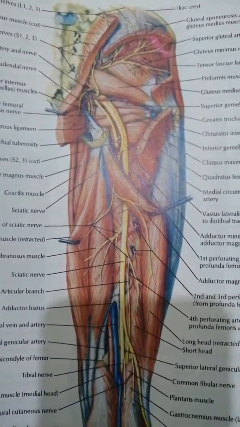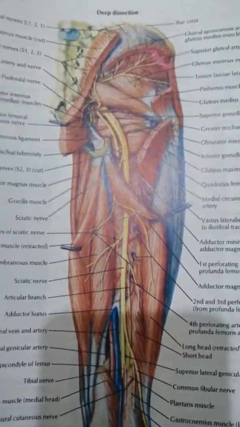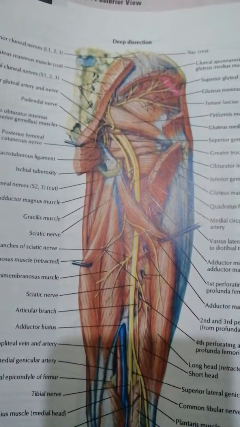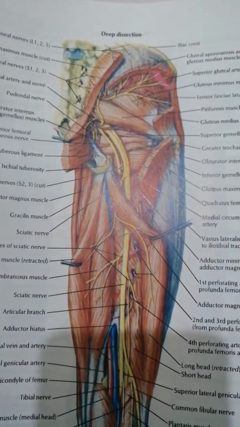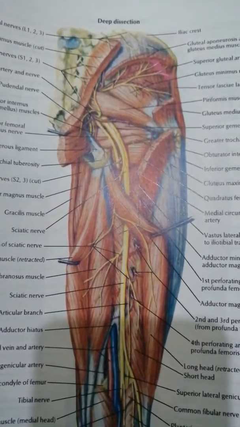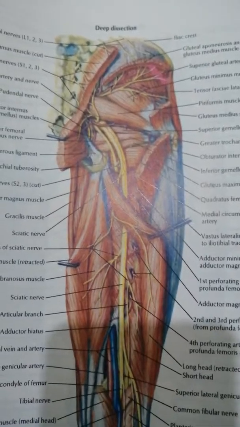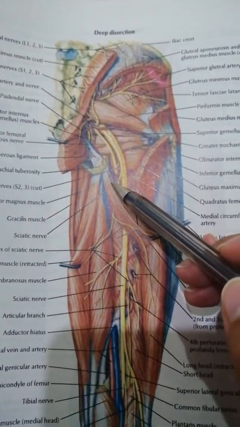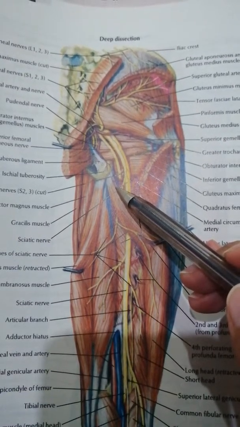This time let's talk about the sciatic nerve. So the sciatic nerve is formed from the sacral plexus, the L4, the L5, the S1, the S2, and the S3 segments to be exact. Now the sciatic nerve has two parts to it, a tibial part and a common